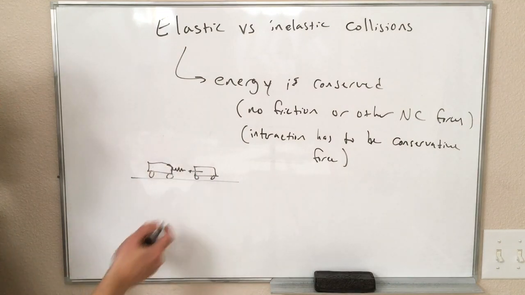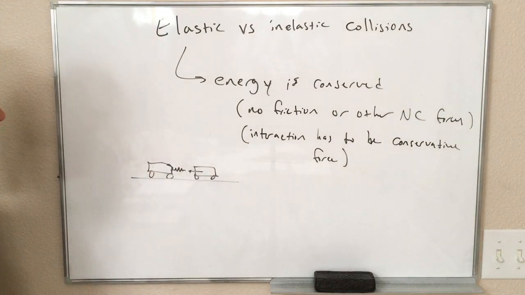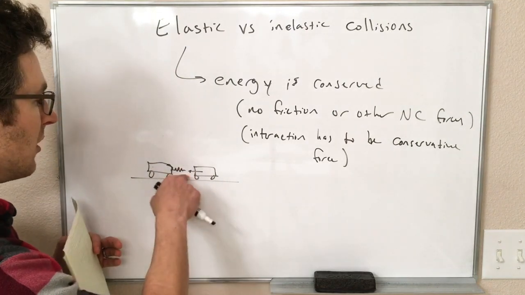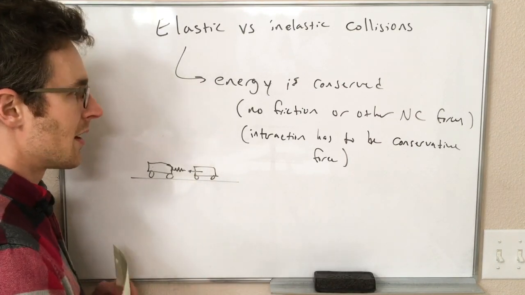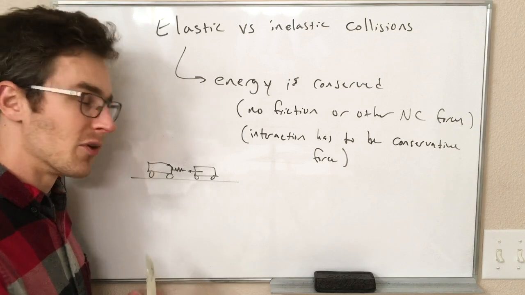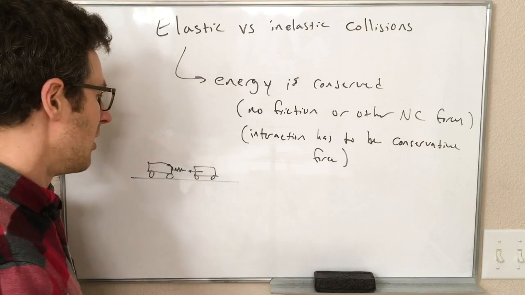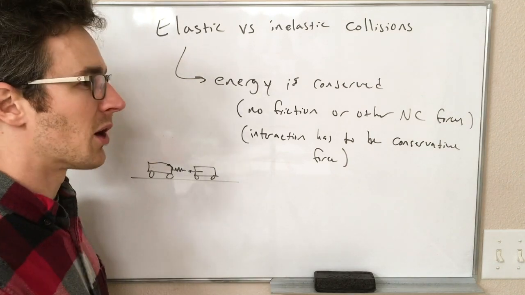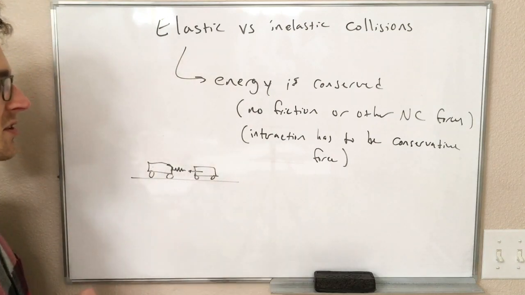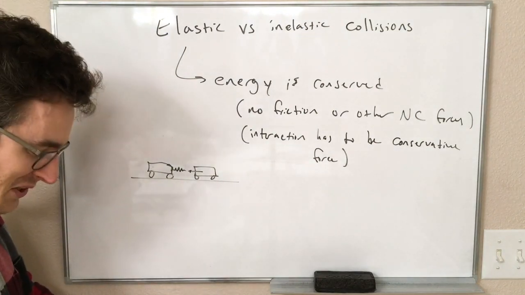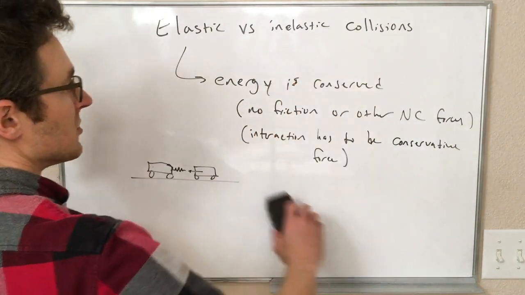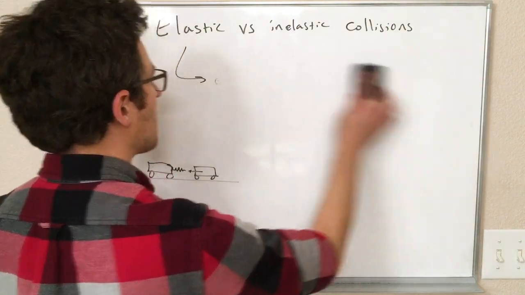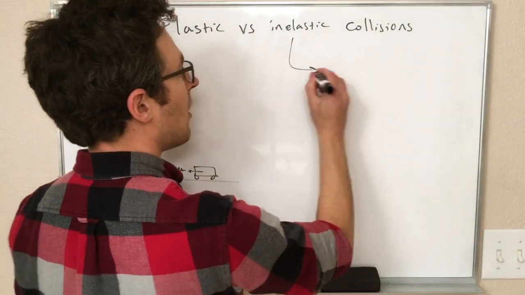There are other examples of forces that conserve energy. One example we use in lab is if the carts have little magnets that repel each other. Magnetic repulsion is, for our purposes, a conservative force. It's probably not perfectly so, if you really dig down into the details, but it's pretty darn close. All right, so inelastic collisions, on the contrary, energy is lost,